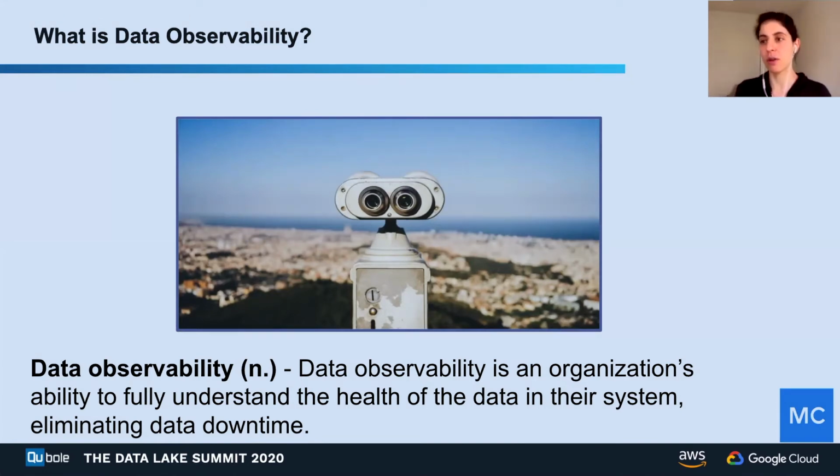Now, the goal of data observability is creating this lens or this consistent view into the health of your data itself, not into the infrastructure, but rather the data that is flowing through the pipelines, and understanding proactively when things are going down. This leads to more reliable data, healthier pipelines, and ultimately more productive teams that can move faster, that can make better decisions, and better decision making and stronger companies.